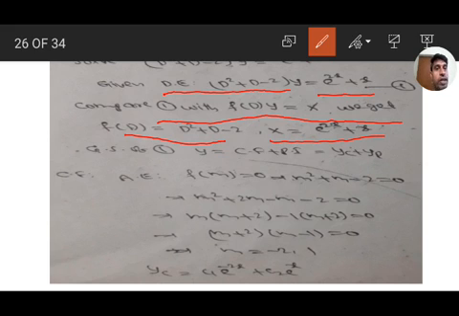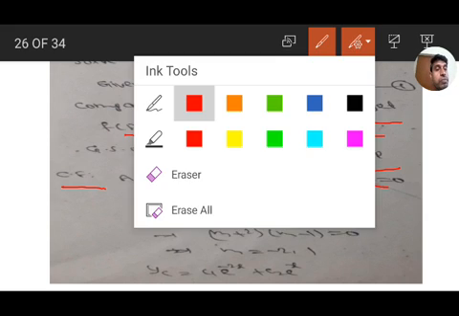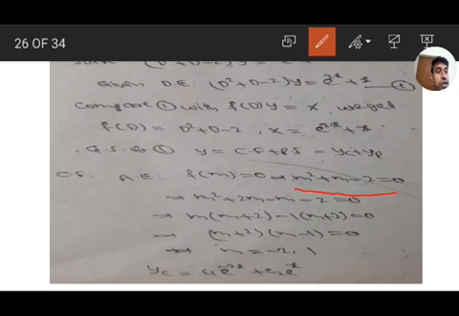So the general solution of equation 1 is complementary function plus particular integral, that is yc plus yp. The complementary function is the solution of f of D of y equal to 0, that is the auxiliary equation f of m equal to 0. So we get m square plus m minus 2 equal to 0. Factorization: m square plus 2m minus m minus 2. In the first two terms m is common, m plus 2. In the second two terms minus 1 is common, m plus 2. M plus 2 is common, we get (m plus 2)(m minus 1) equal to 0. So m equal to minus 2, 1.